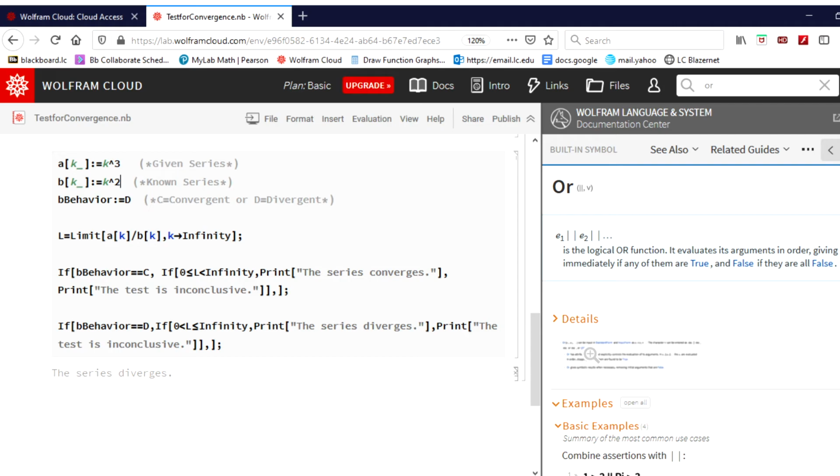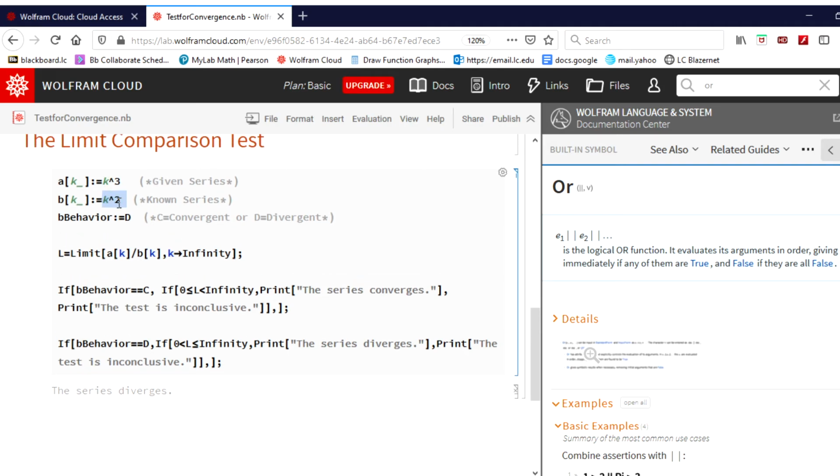Both of them are obviously divergent. This is a p-series where p is less than 1 in value. Here's a p-series where p is negative 3. Both divergent cases. And if we set b's behavior as divergent and we try to perform this test,